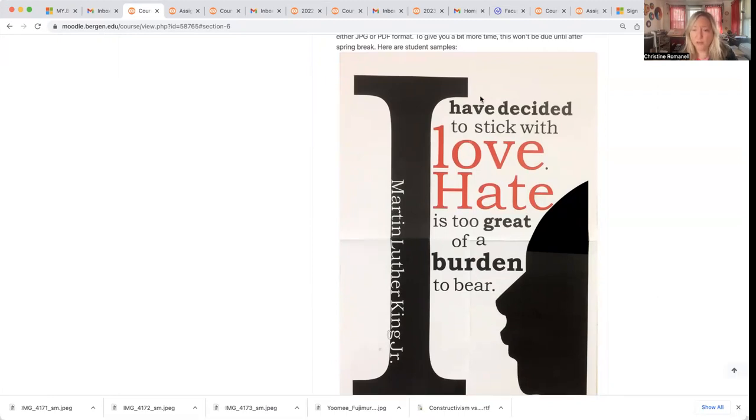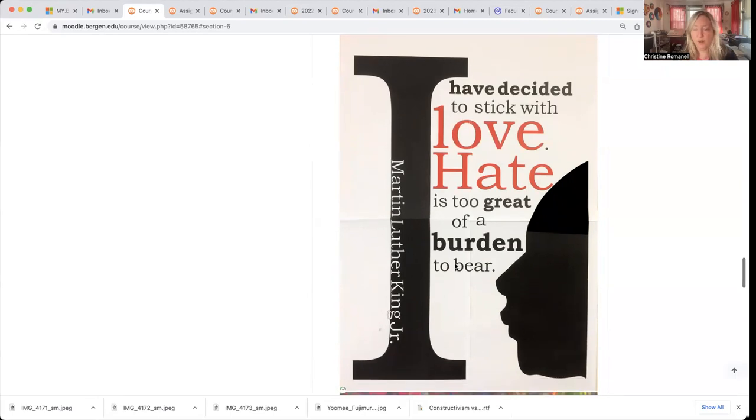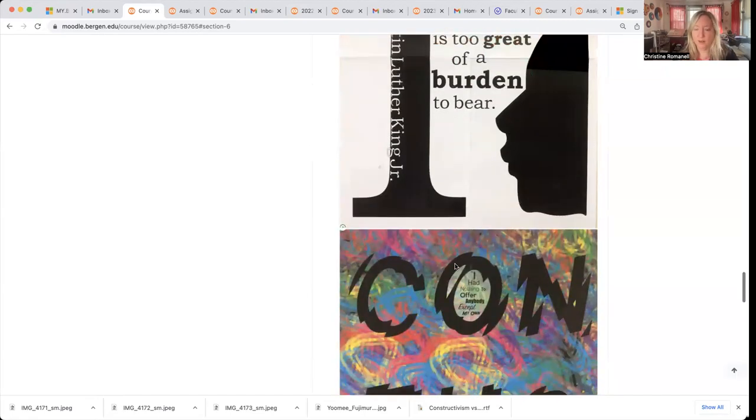And use of color, use of font, different weights, and think about hierarchy when you do these things. So what do you see first when you look at this poster, right? So the biggest element is the eye, but I think you read love and hate probably first, right? And then you look at the eye and Martin Luther King's profile, and those two things really feel like they're together, right? That contradiction of love and hate together. So it's a fabulous quote, nicely done design.